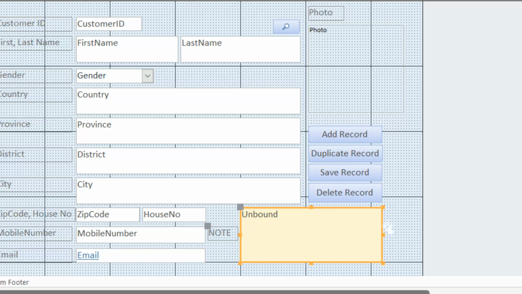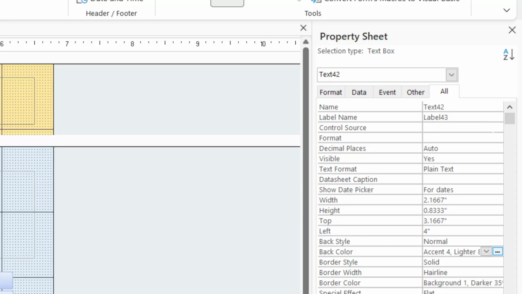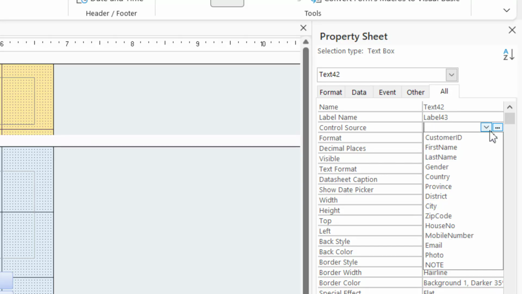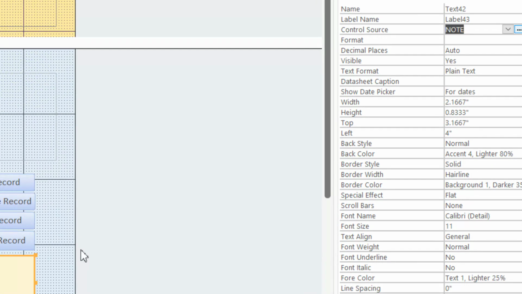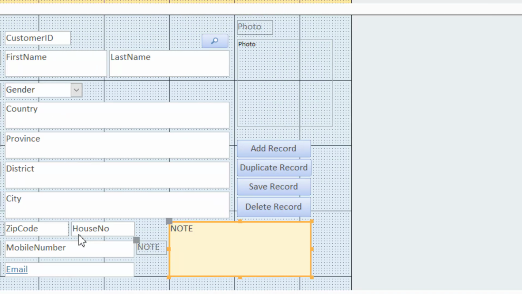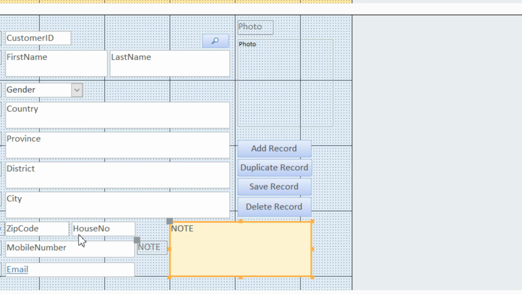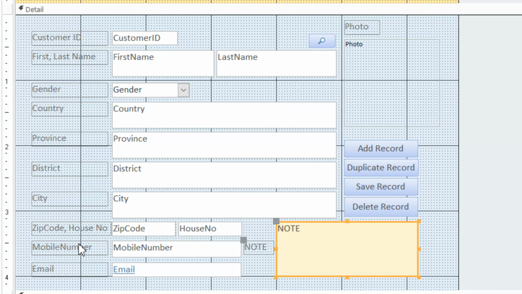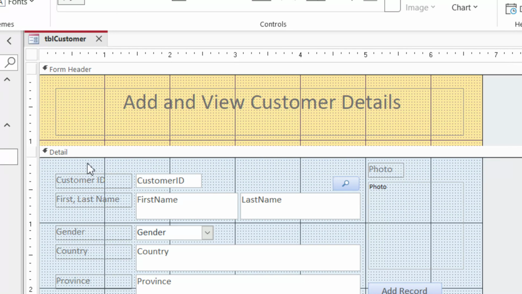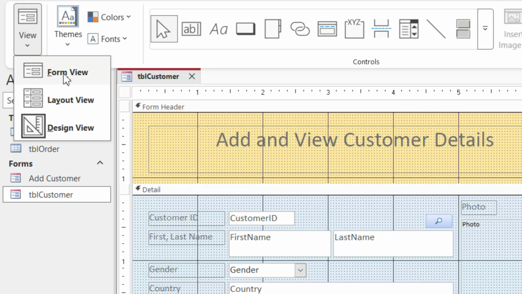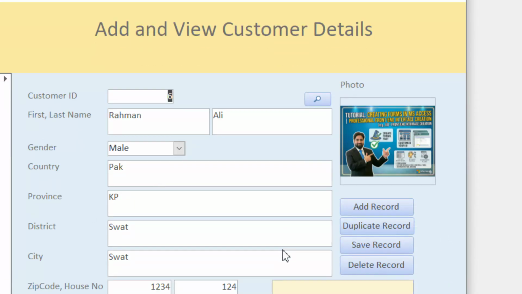So how could I do it? When I click over here on this side, control source. So on control source, when I click, this attribute will appear over here. And now when I add a new record here in this form, the data will be saved here. Now save it, view this form in form view, and